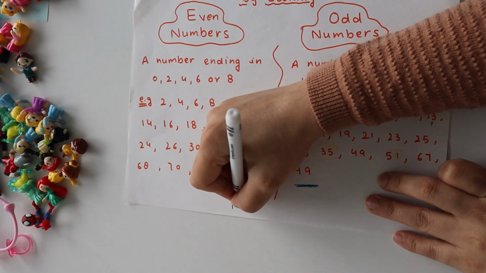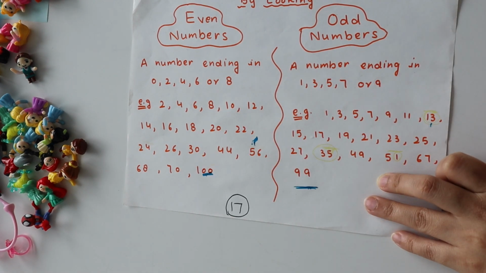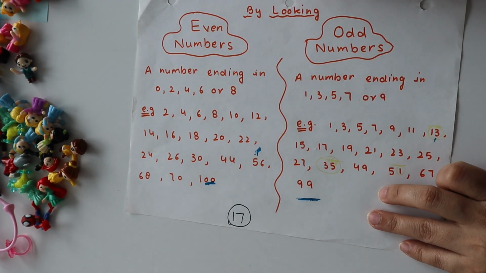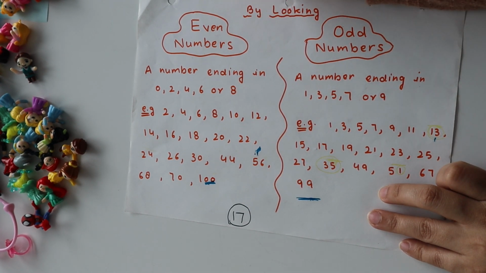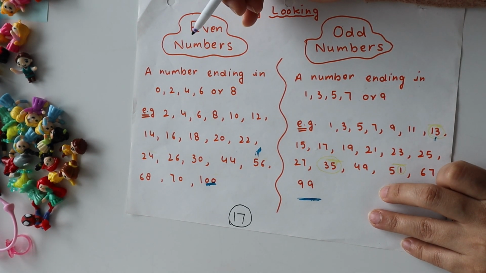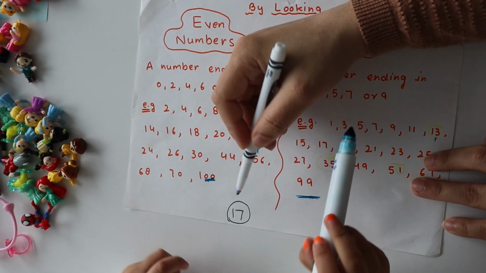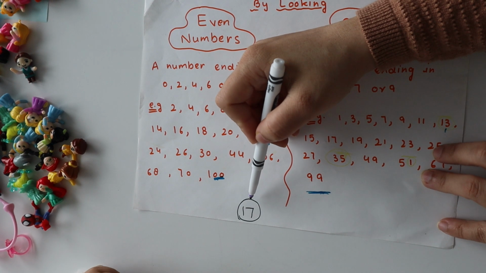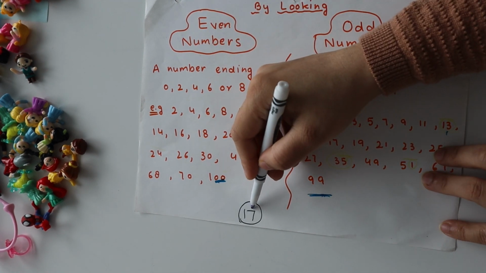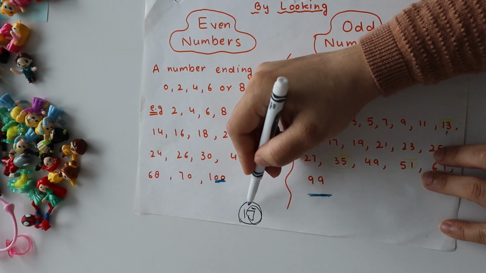We have 17 here. So tell me whether 17 is an even number or odd number. Just look here. 17 is odd. How? No, even. How? Don't make a guess. Odd. Just decide one, whether it's even or odd. Even. Odd. You are getting confused. Why is it odd? You have to tell me why. It's odd because which are odd numbers? 1, 3, 5, 7 or 9. Very nice. So here the ending digit is 7. So this is an odd number.